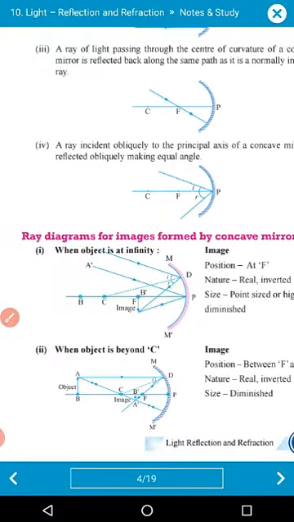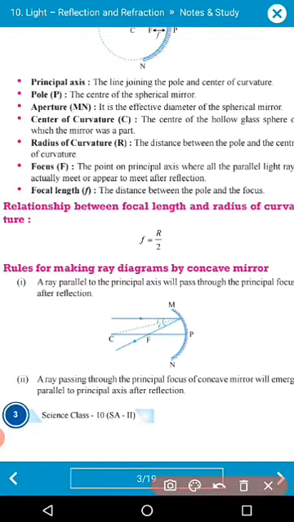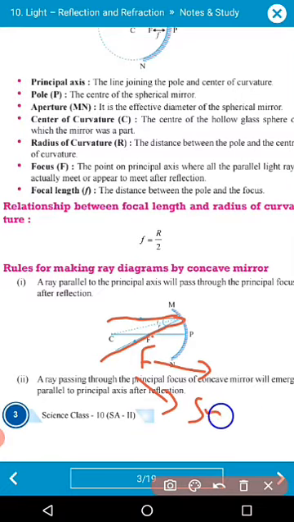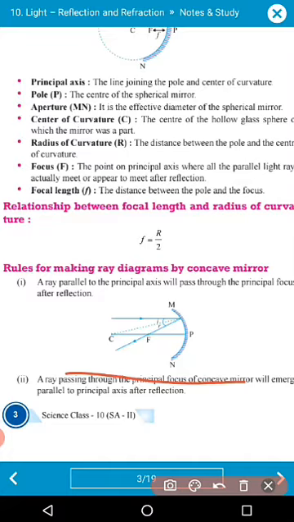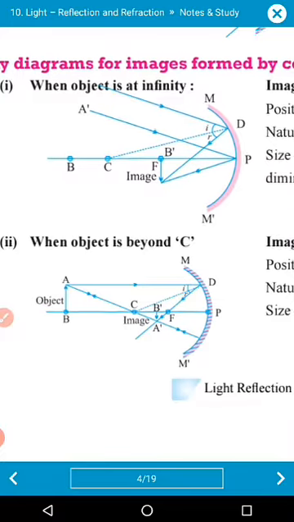See here. Okay, you can skip this figure because it is not explained well, so you can go through this case only. See here, the light ray is coming from a very far distance and striking the mirror, so it is intersecting over here at F. So the image will form at point F, very small, means point size, and real and inverted. Understood?